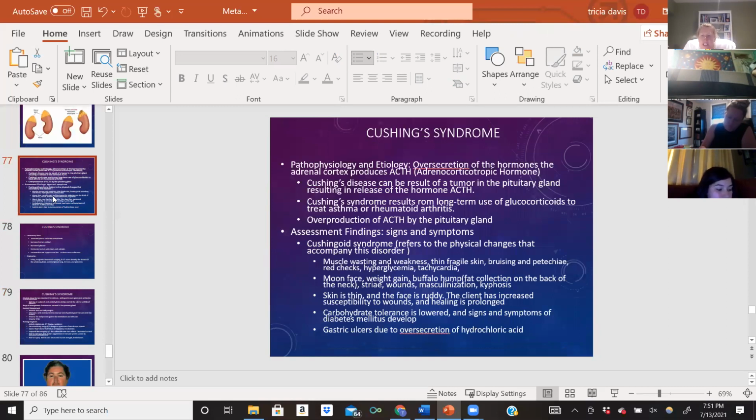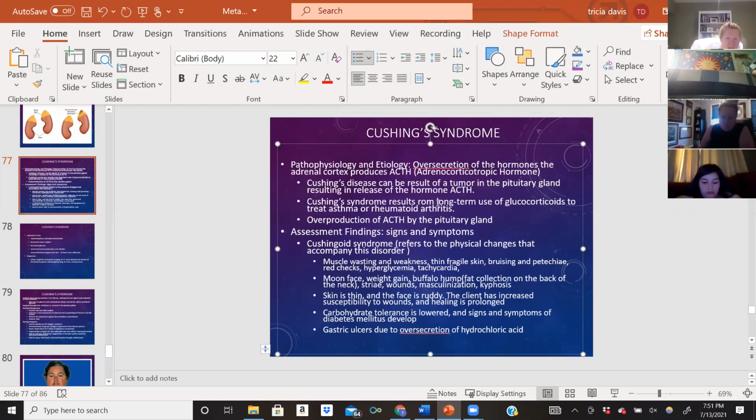All right, so Cushing's syndrome. Cushing's syndrome is an oversecretion of the hormones that the adrenal cortex produces. So we know it is the ACTH, which is the adrenocorticotropic hormone. We can see Cushing's syndrome develop if there has been a tumor in the pituitary gland, which causes release of that hormone. It also can result from long-term use of